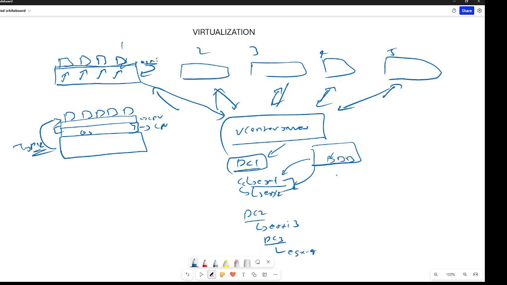It's not only in type 1. Don't worry, I will come to that. Type 2 also you can do it for testing purposes. So just understand the concept, then we can go ahead with how it will be usable in type 2 also. The concept is exactly the same. There is no difference in that, but the mode of deployment will be different.